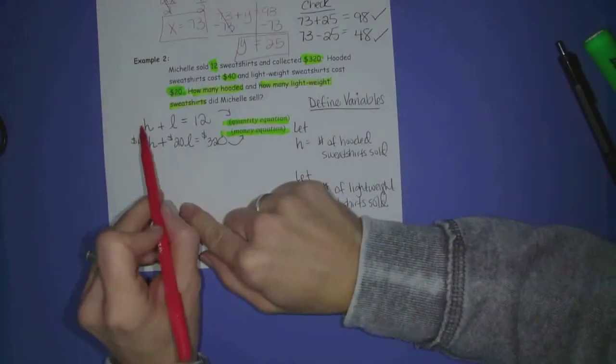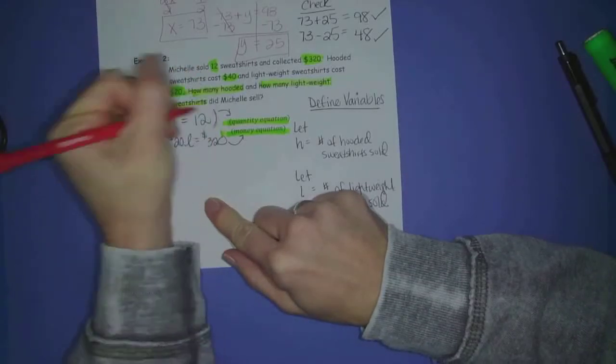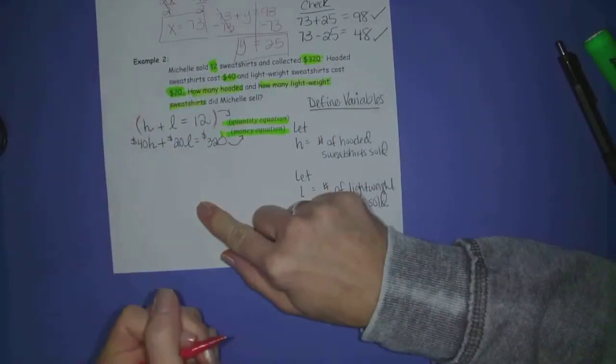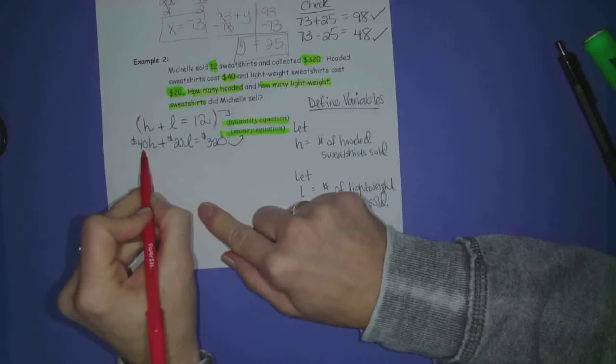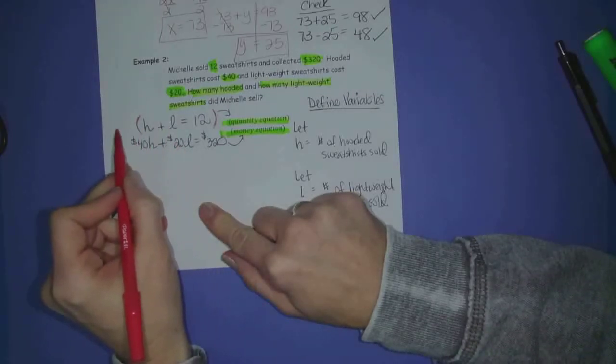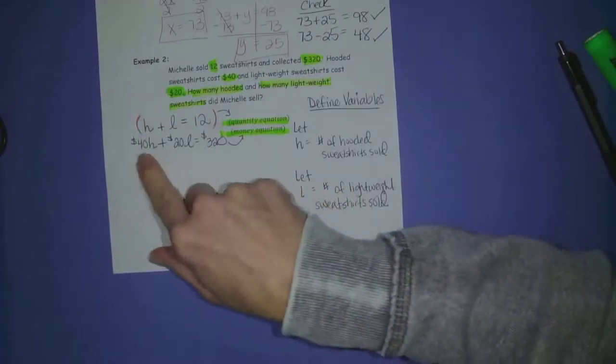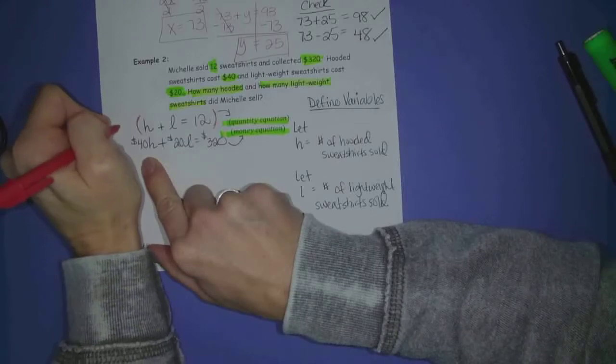Since the coefficients of this h and this l are both 1, we can probably just multiply the top equation by either a 40 or a 20, just making sure we make it negative so that our positive and our negative cancels out. So I'm just going to go with what's in the front, and I'm going to multiply by